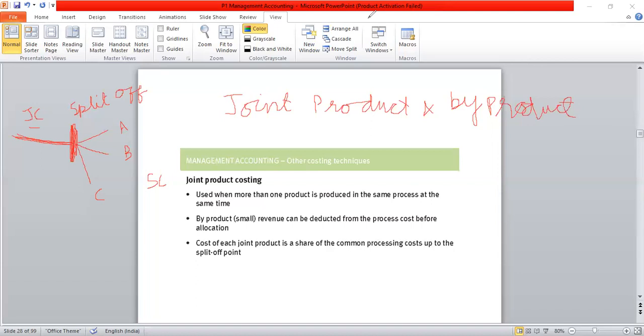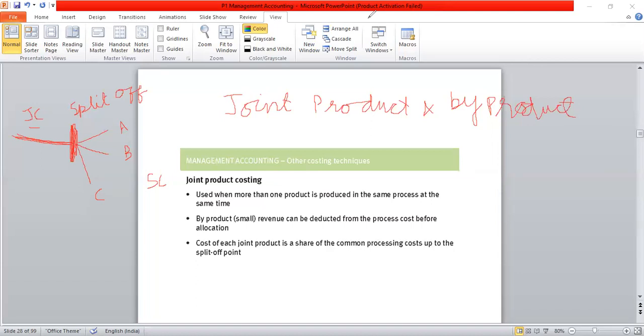The way scrap is treated in a factory, when scrap is any wasted material, is that when it is sold, some amount is realized, so that is generally deducted from the factory overheads. That's the same treatment we have to adopt here in case of joint costing also, with the sale value